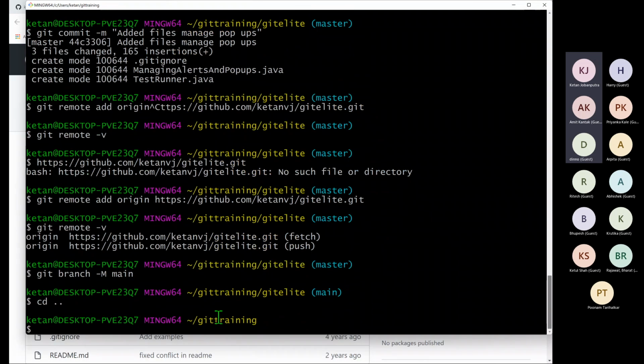So you are in Git training folder or whatever folder before Git elite. Current working directory is which one? Git training. Make it Git training. Okay, and then paste it there. Everybody out of Git elite? You don't see any branch? Good, good. Now here you type a command git clone